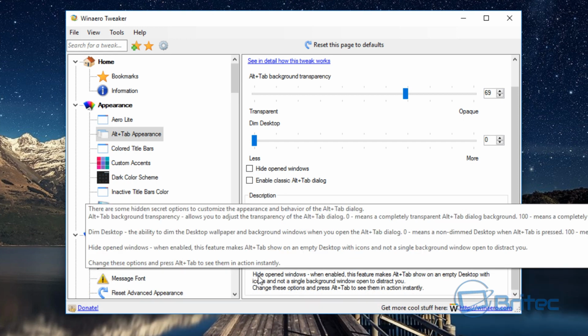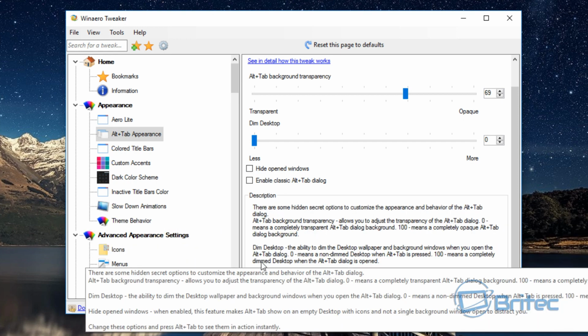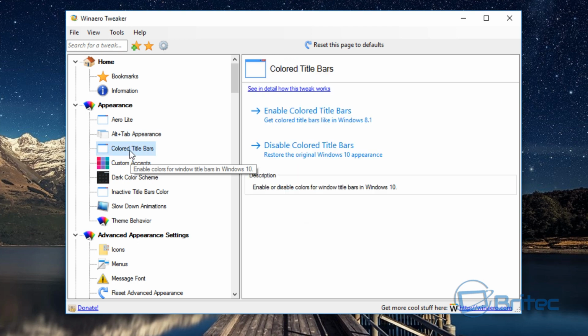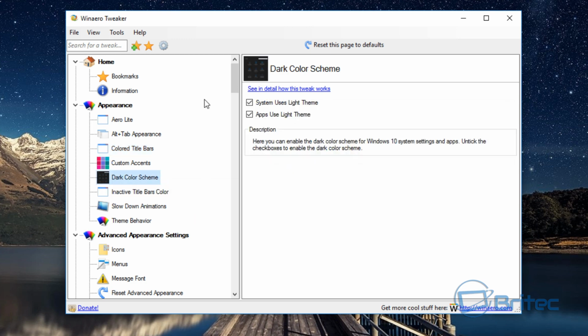It comes with these little pop-up balloons where you can just sort of hover over stuff, and it lets you read what it does, and it gives you the information there. Very useful for that. Also color title bars, again, enable and disable. Very useful little clicks here. Dark color scheme. Now if you want to use the dark color scheme, you can, and if you want to reset it back, you just hit the reset back to defaults here, and it will go back to the default